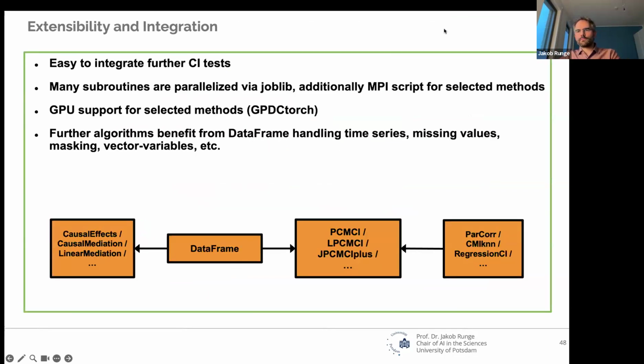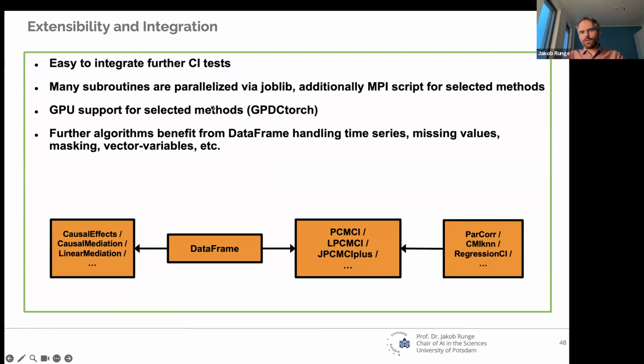And coming to an end, the idea of Tigramite is to have extensibility, so it's easy to integrate further CI tests. And also many subroutines are parallelized via joblib. There's some script for MPI that I have for selected methods. And then, of course, NumPy is parallelized internally, so it's always a discussion whether it makes sense to parallelize outside if NumPy is internally doing this already.